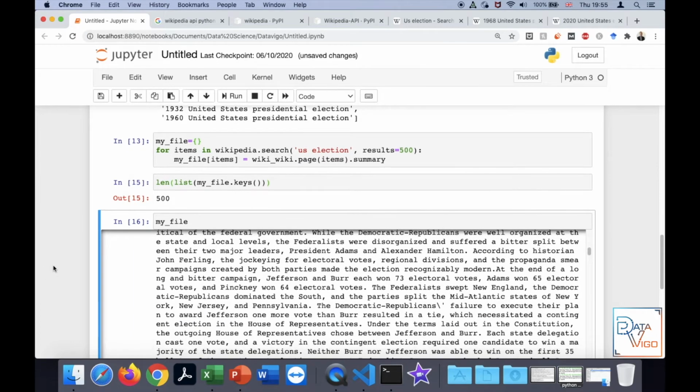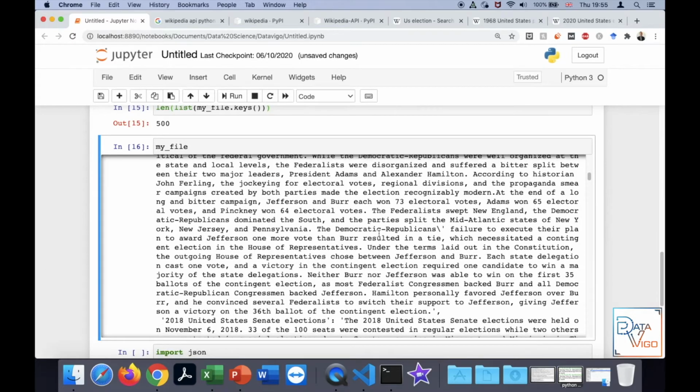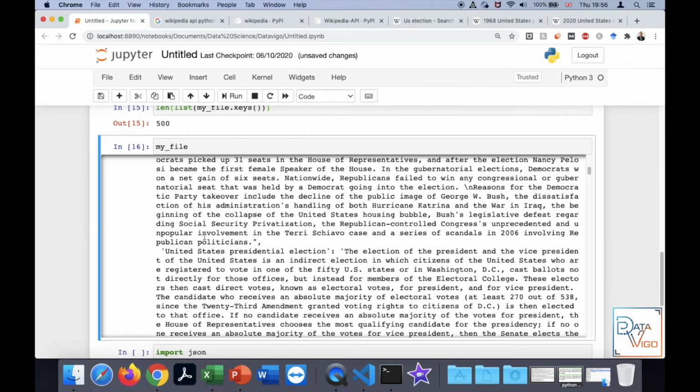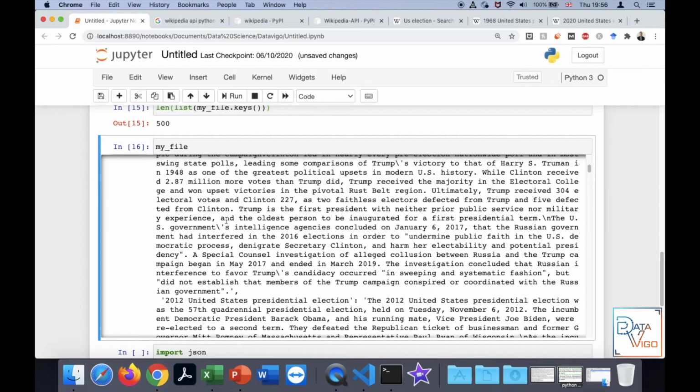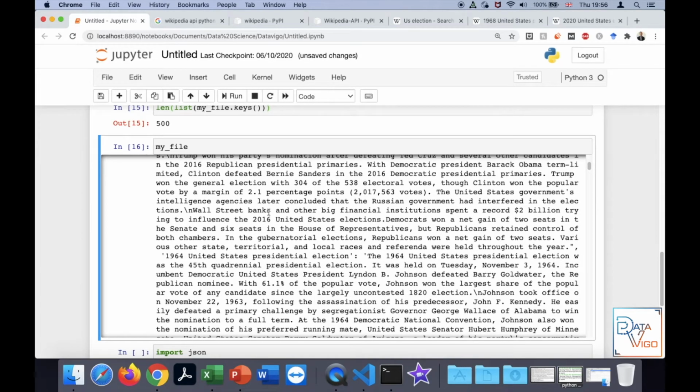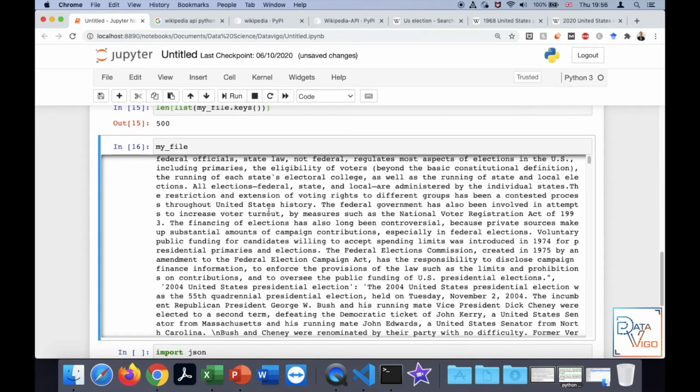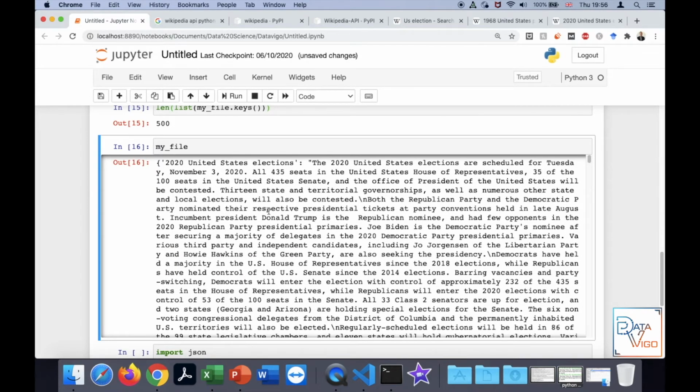So we've done a great thing so far. We have extracted the text. Everything now is ready for us to do some analysis and apply some natural language processing techniques, because at the end, when you're collecting the text, you should do that for a purpose. Otherwise, what's the point of doing this?